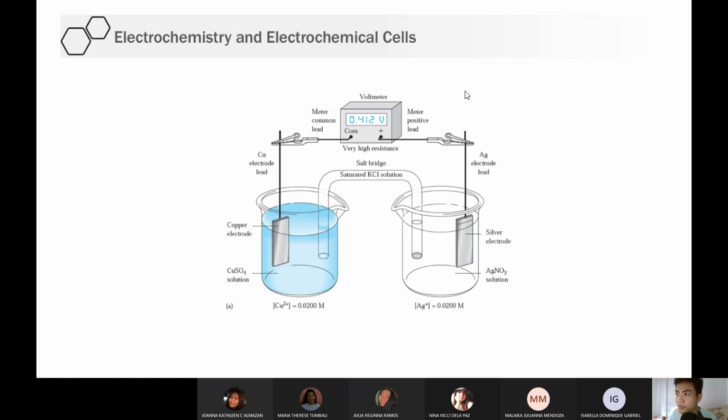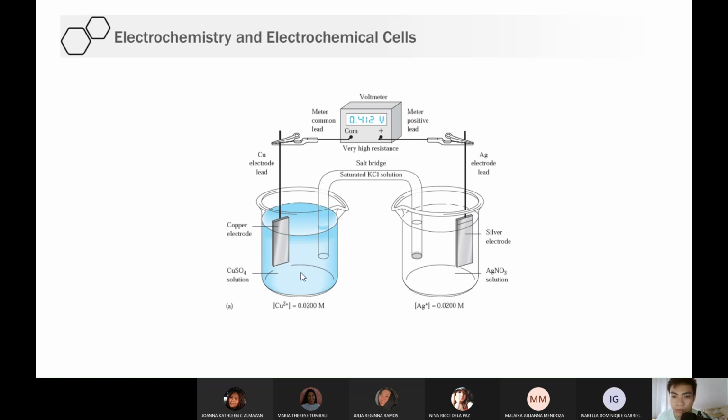So that is the voltaic cell setup. Okay. So in theory, ito yung itsura niya. So you have a solution here, you have the solution there. This is the salt bridge, the one that connects this on this and that. So yung salt bridge yung nagko-connect ng dalawang containers, dalawang beakers. Then we have the electrode, the metal electrodes, and the solution.